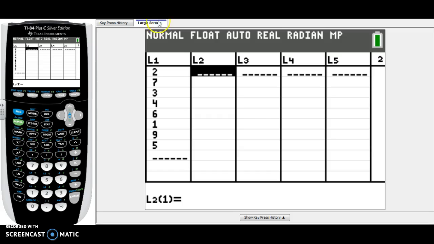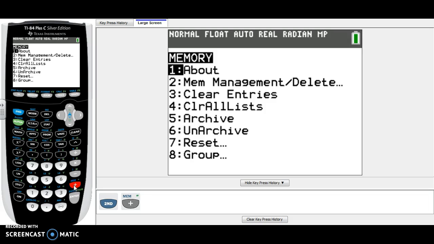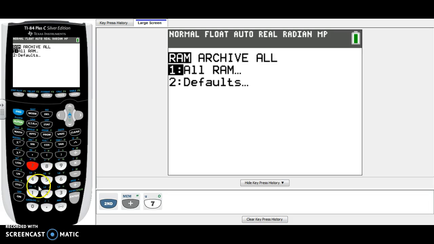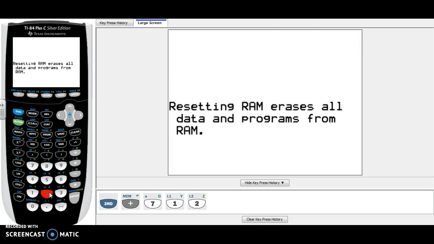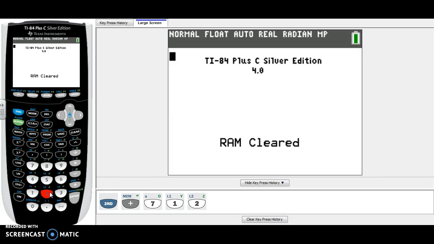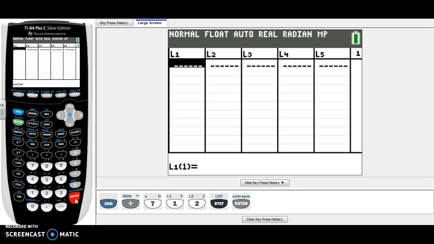So before we start, let's go ahead and reset your calculator. Second, let me turn the key press history on. Second, plus sign. Number 7 for reset, number 1 for all RAM, number 2 for yes, I want to reset my calculator. So to enter this list, I'm going to go to Stat and Edit, press Enter or number 1,